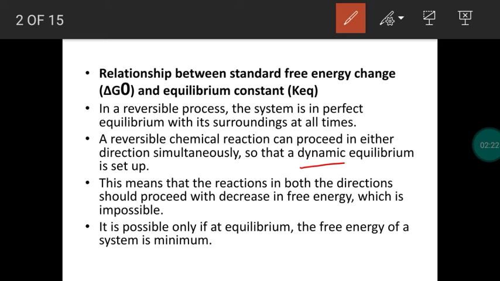If you take the formation of ammonia, nitrogen and hydrogen gases combine to produce ammonia gas. The forward process is an exothermic process. That means the reverse process will be an endothermic process. So our assumption is delta G value should be negative for both the forward process and the reverse process, but this is practically impossible. So for a reversible equilibrium process, the free energy will be a minimum. A decrease of free energy in both directions is impossible, so at equilibrium the free energy change will be minimum. That means 0.